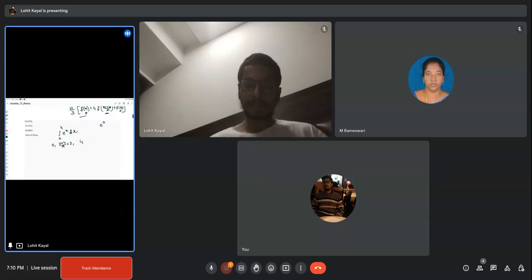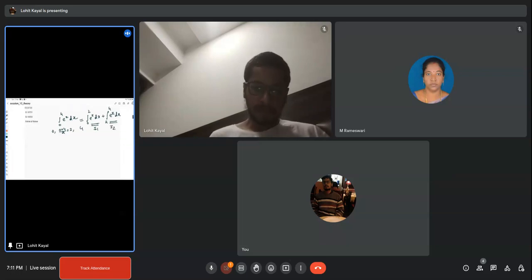Here I can break the integration in the following way: 0 to 2 e to the power x dx plus 2 to 4 e to the power x dx. Now I can apply Simpson's rule individually for each. Suppose this is I1 and this is I2. Now here I1 is equal to